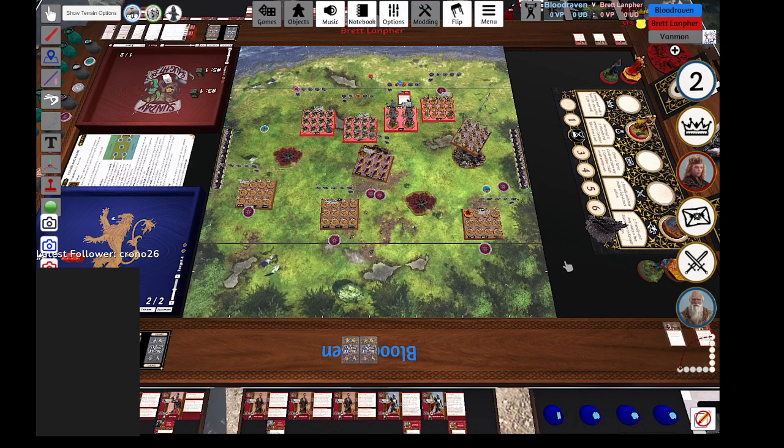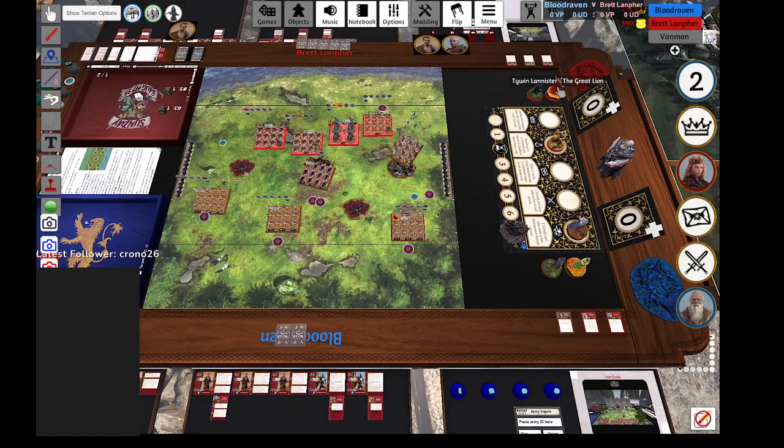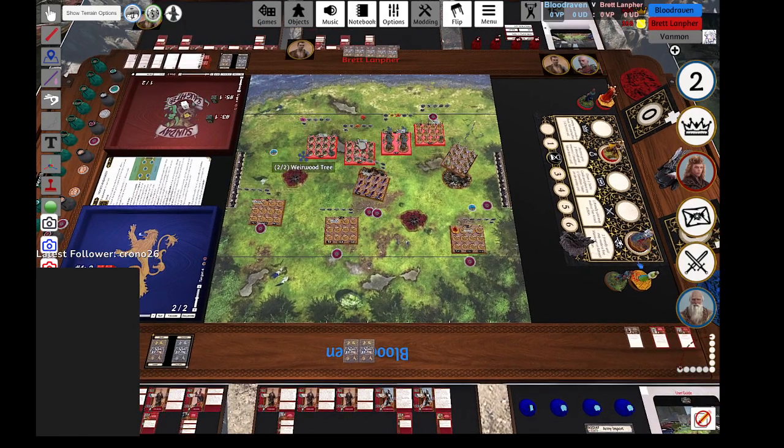No, it's a 3 versus 3 NCU Sunday Slaughter. We got Tycho, Tywin, and Joffrey versus Tycho, Sparrow, and Pycelle. Brett has 7 activation, and Bloodraven has 8 activation. So a bit of activation advantage for Bloodraven, but Brett has the powerful Tywin Commander and the powerful House Bolton